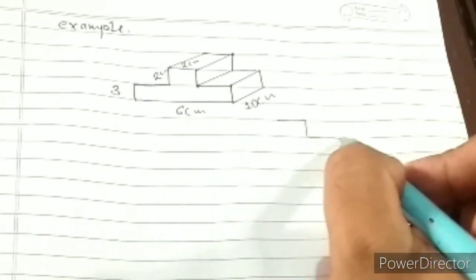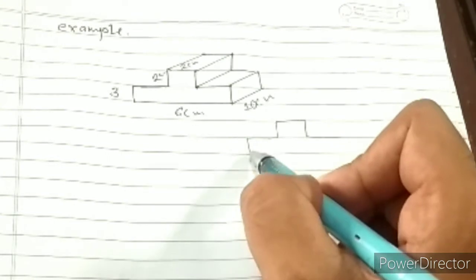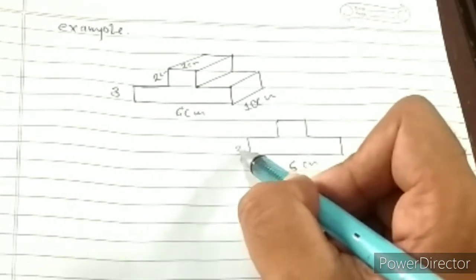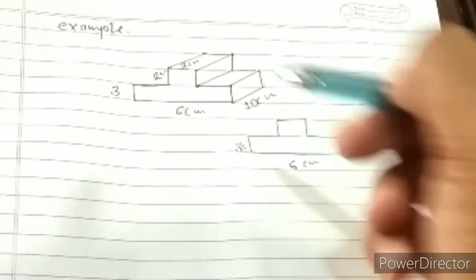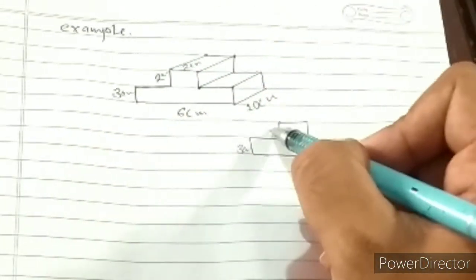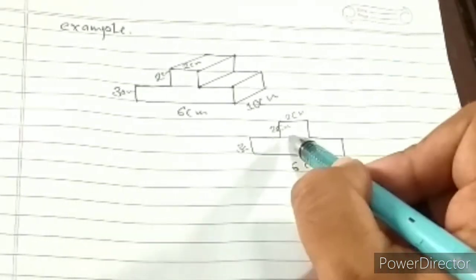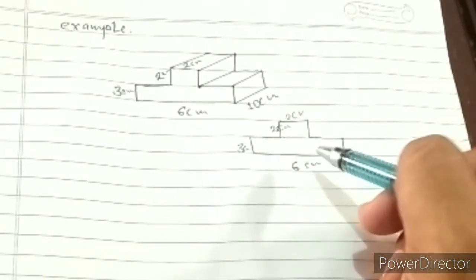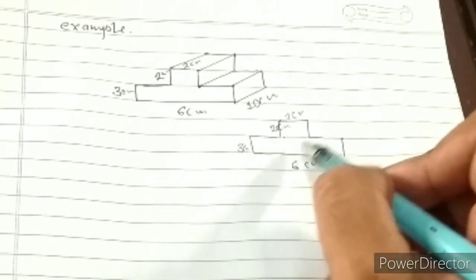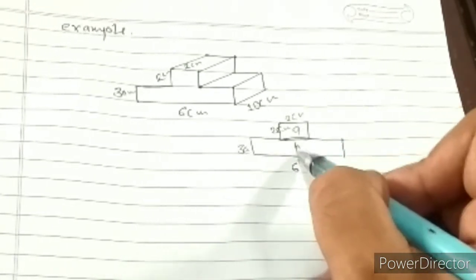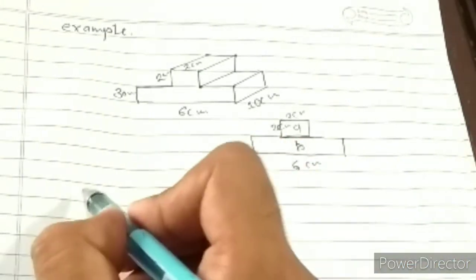You can make it roughly here, just the front part only you have to make, where this part is given 6 centimeter, this is 3 centimeter. Suppose this is 2, it is given 2 centimeter. Now how many rectangles can you make? You can make like this 3. Otherwise, if you make like this, then 2 rectangles are there, A and B.